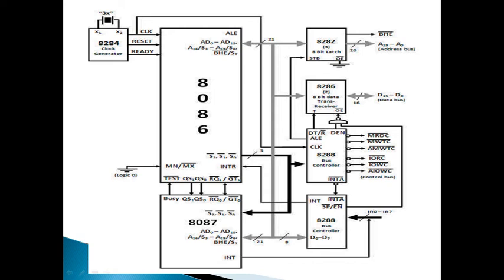8087 treats 8086 instructions as no operation. It means instructions are passed to both the 8086 and 8087. Escape is used as a prefix for the 8087 instructions. When an instruction has the escape prefix, which takes 5 MSB bits, it indicates that this is an 8087 instruction and the 8087 is activated.